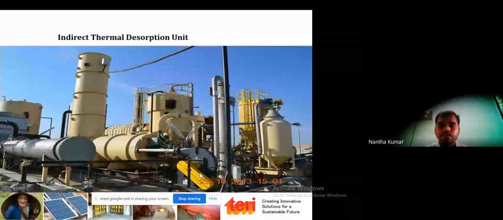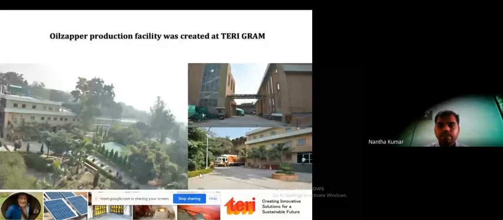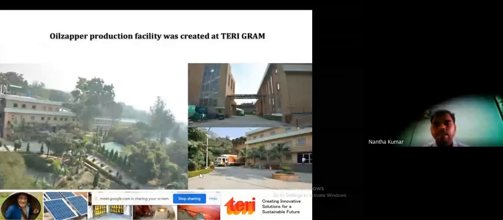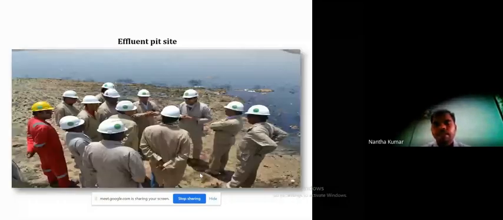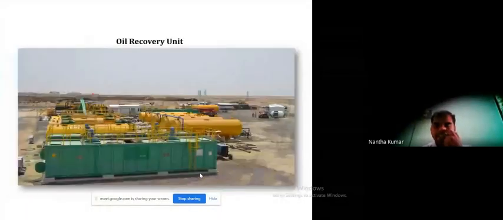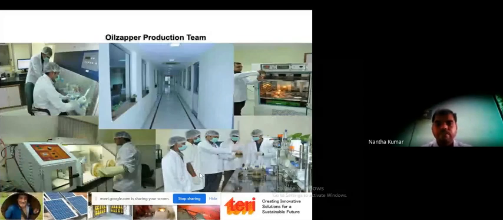So this we already discussed. After characterization, a group of bacteria is again isolated from the contaminated waste site.